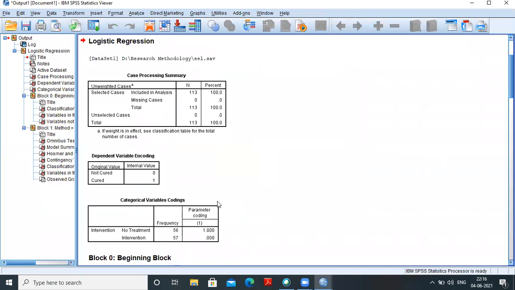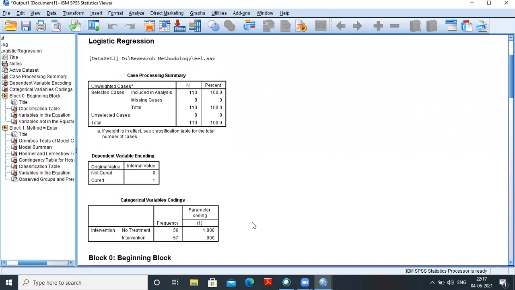You will get these results. The first result is for the logistic regression. Here, a total of 113 cases are there, and there is no missing value. All of them are selected cases. And this is the coding for the dependent variable, 0 for not cured and 1 for cured. These are the categorical variables, no treatment and intervention.